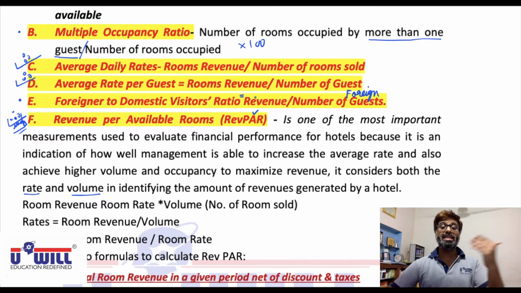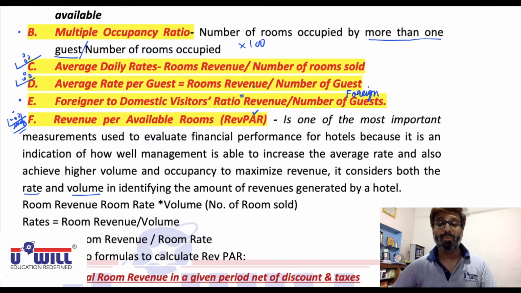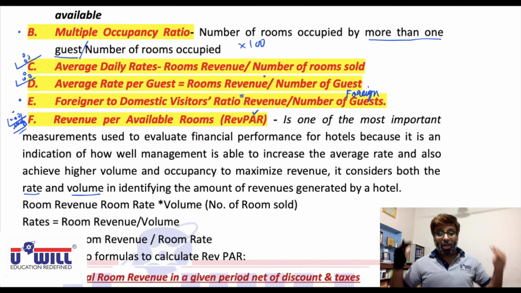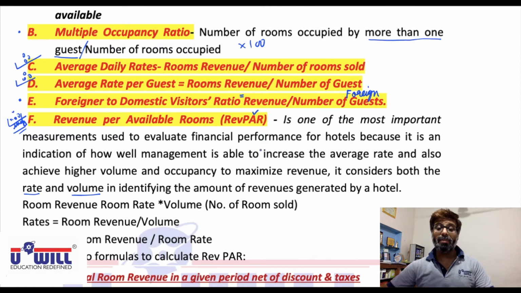So see, we are always interested in earning revenue per available room because even if only 80 out of 100 rooms are sold, we will be interested in finding that if we have a total of 100 rooms in the hotel, then for every room how much we are able to earn. So revenue per available room is very important in deciding that, because if fewer rooms are sold, then automatically revenue per available room will go down.